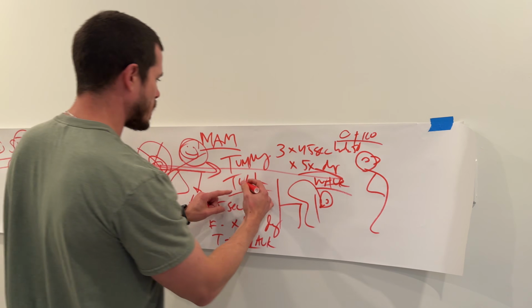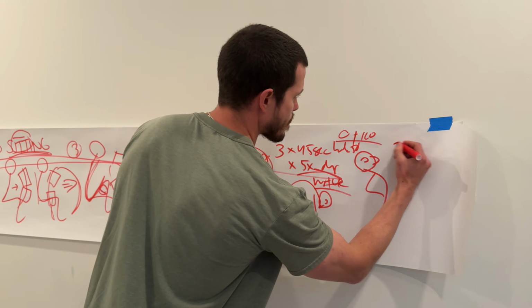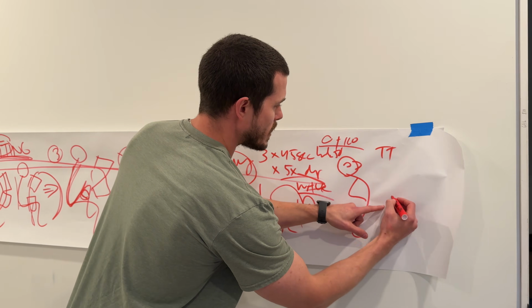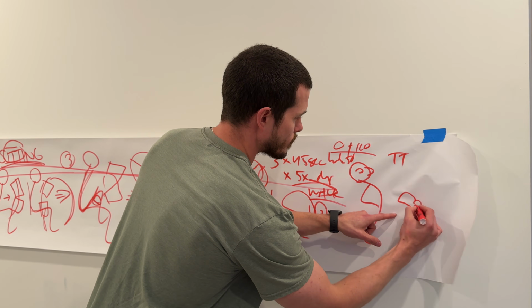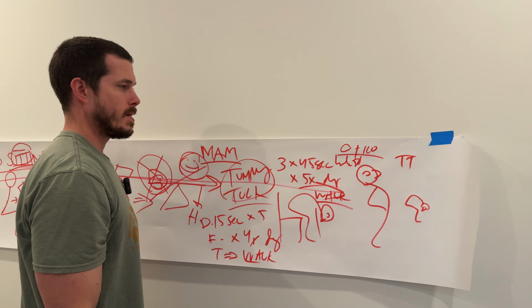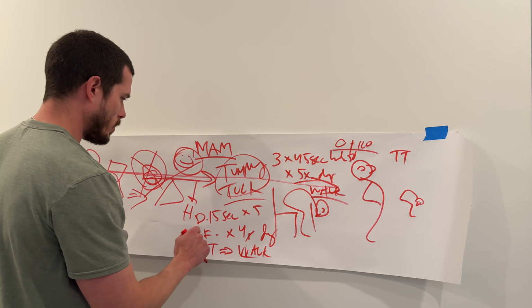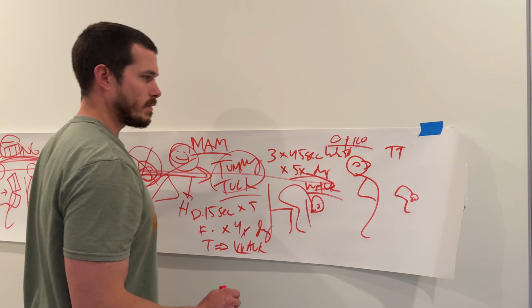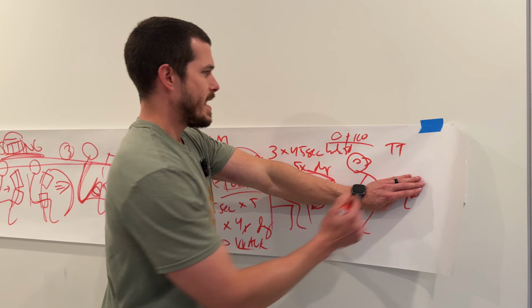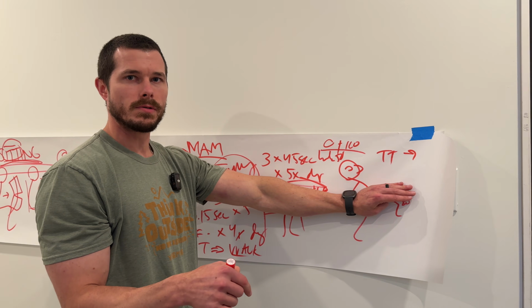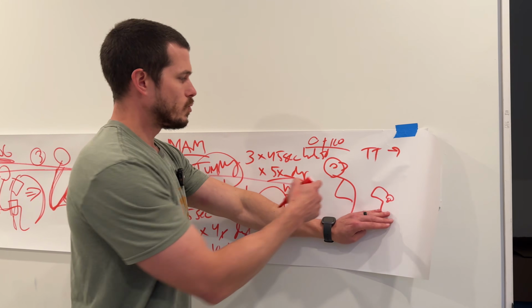Then what I want you to do is either the tummy tuck, the TT, or the seated forward bend. And I want you to do 3 times 40 seconds, or 15 seconds times 5. Just pick one of them. And then what are you going to do to prove that this thing is valuable for you? You retest